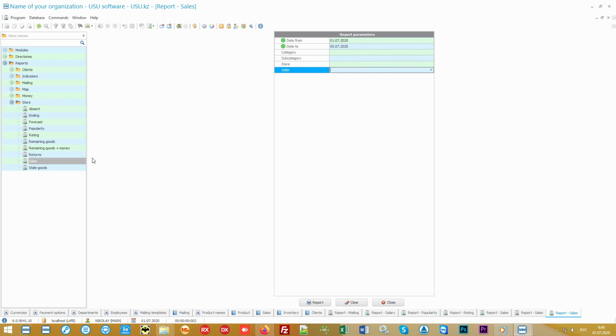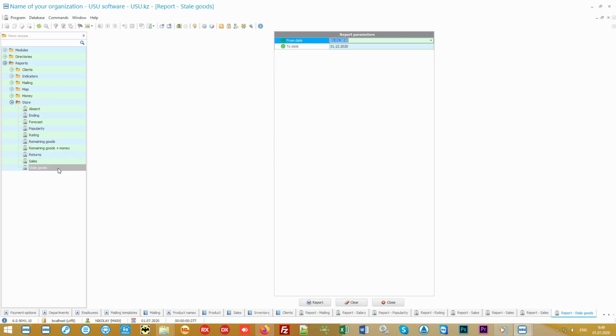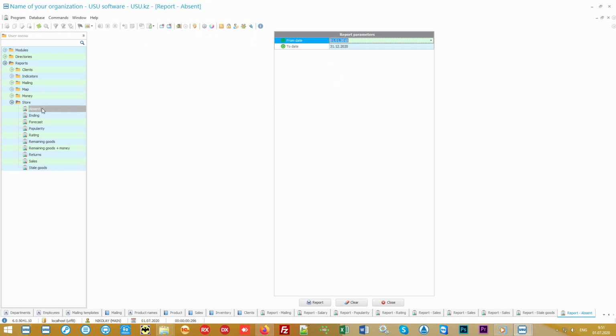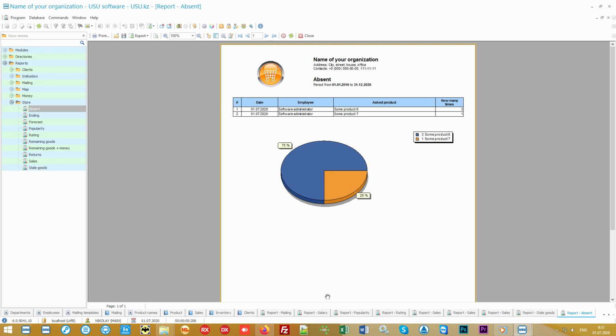We will return to other types of analytics. Our software can display stale goods so that you can quickly make managerial decisions about what to do with them, so as not to incur any losses. Moreover, our software is one of a kind, which allows the seller to mark the product that was asked for but wasn't present. For example, it wasn't available, or you just simply don't import it. And this is all lost profit. Now you can eliminate lost profits by translating them into your extra income.